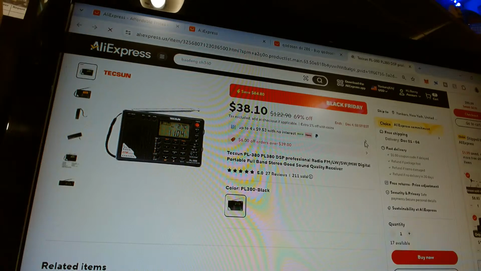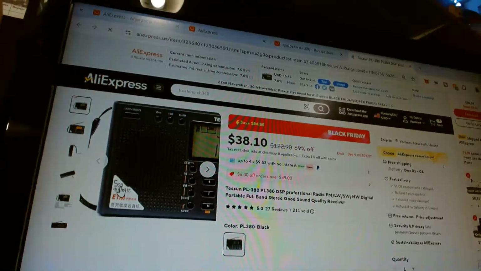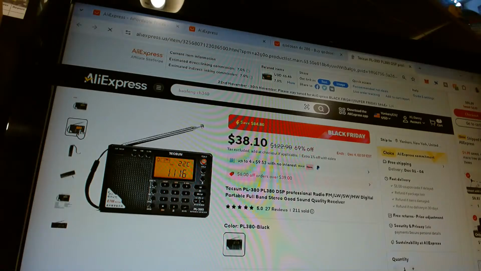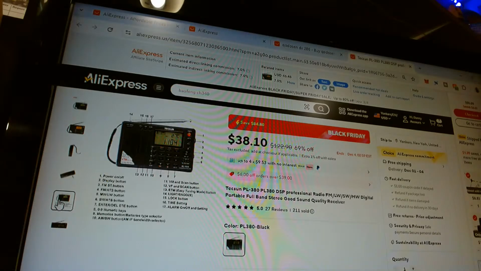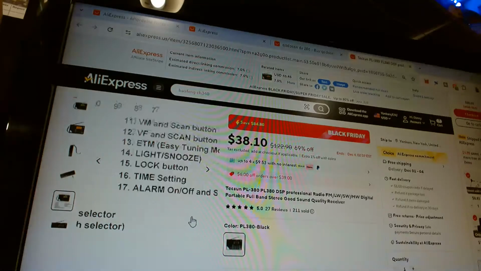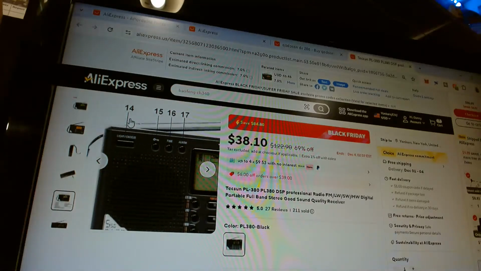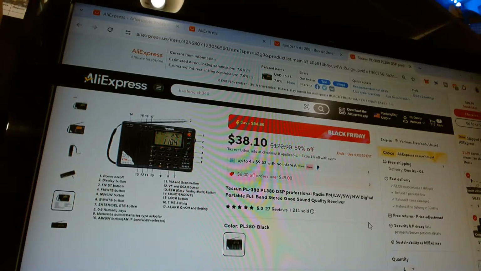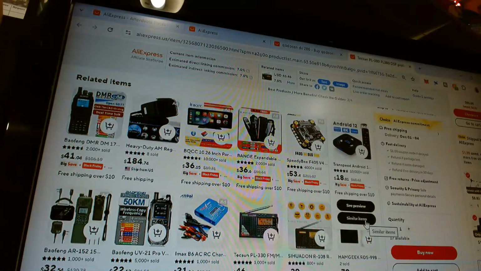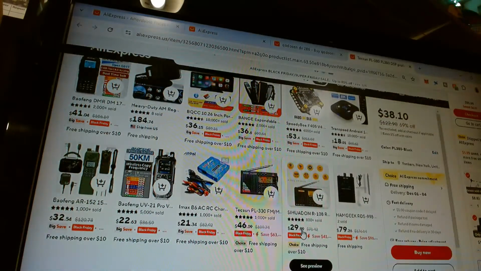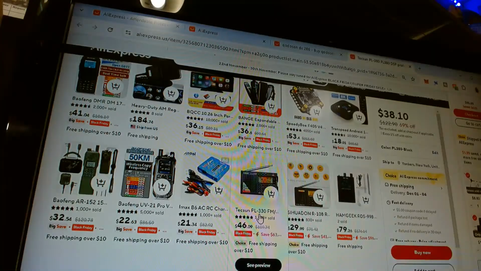The PL380. $38.10. Tecsun PL380. And the 330 is right here. And the R108 is right here. $29. But let's look at the 330.